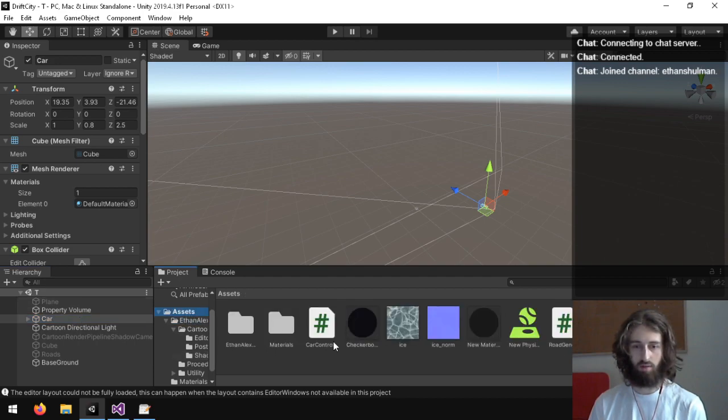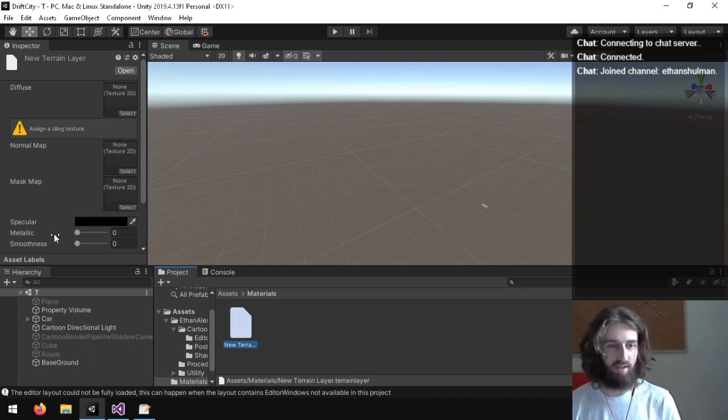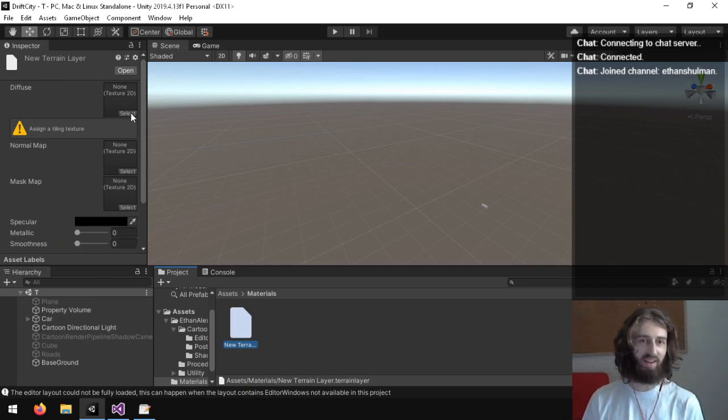So I'm just getting the terrain set up here. I was looking at doing tinting in the terrain layer, but I guess the terrain layers only support textures, so if I wanted to do tinting I would need to generate a new texture just with the tint.